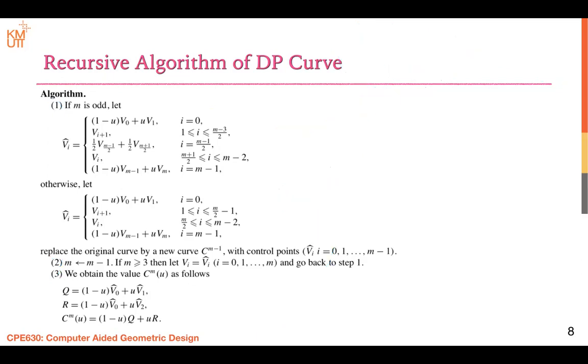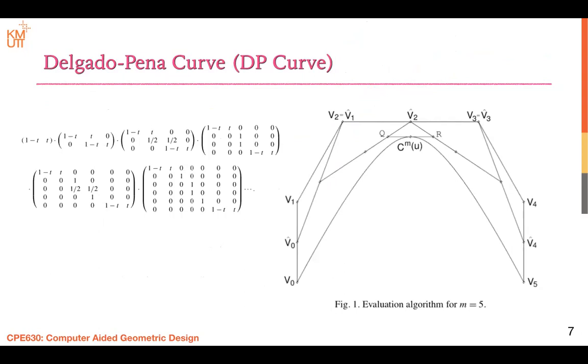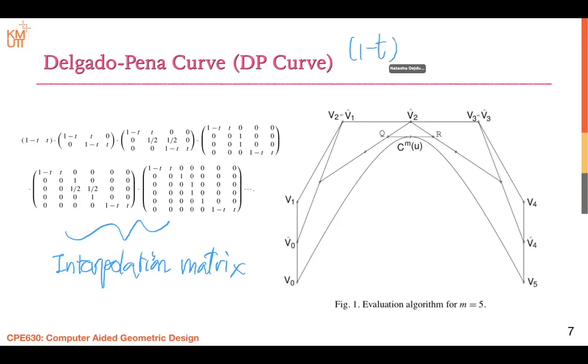And then come back. Okay, this is a recursive algorithm that is provided in this paper. Okay, and then we come back to this, right? This one is the way, sometimes we can call it an interpolation matrix. Interpolation matrix. Why do we call it interpolation matrix, right? If you could remember, this one is the interpolation